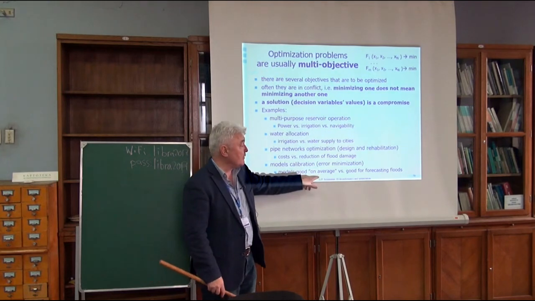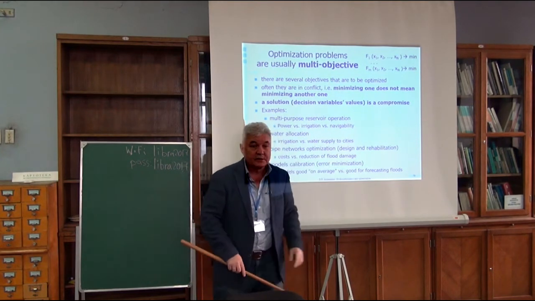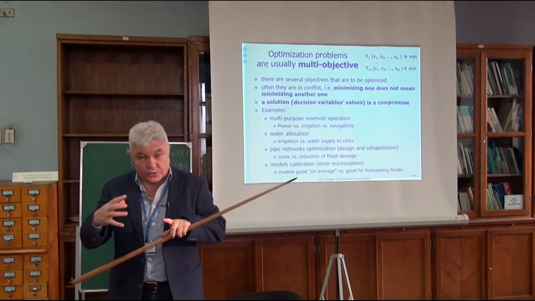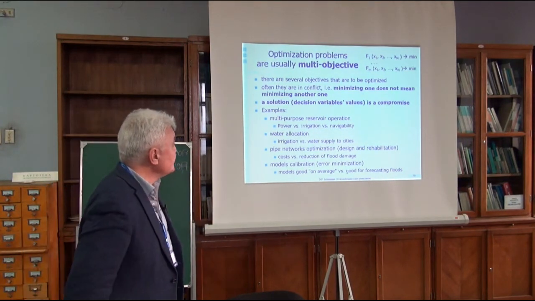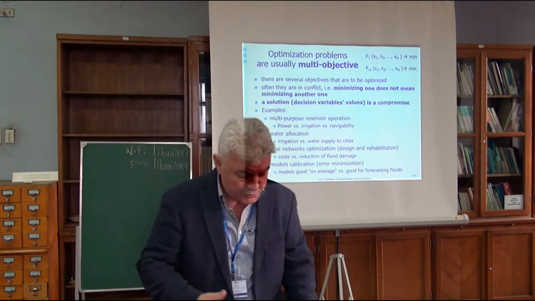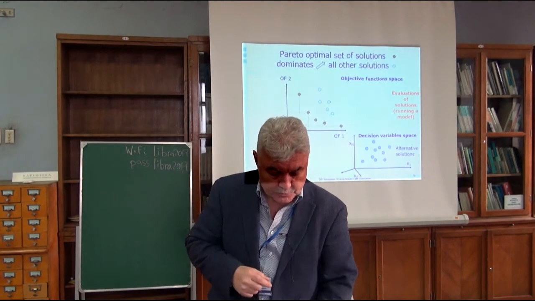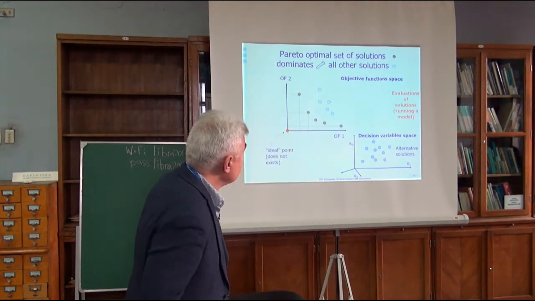Models good on average or good for forecasting floods. So they're not really conflicting objectives, but not exactly the same. So as you see in life, you have multiple objectives at the same time to have in your mind. So what we have